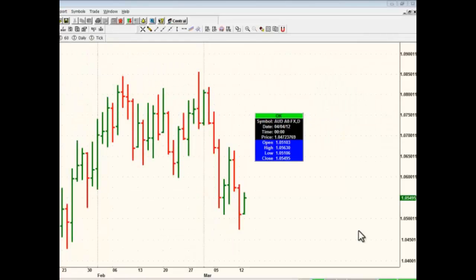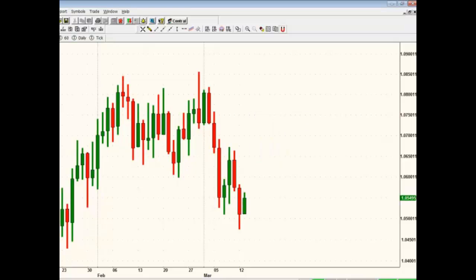Now the next type of chart that I want to look at is a candlestick chart, another very popular chart. It essentially contains all the same information that a bar chart contains, it's just represented visually in a different way. You can see each one of these is called a candlestick. A candlestick chart, you can sort of see why, it's a visual thing. Now you've got what's called the wick, which is this thin part of the candlestick, and the body, which is